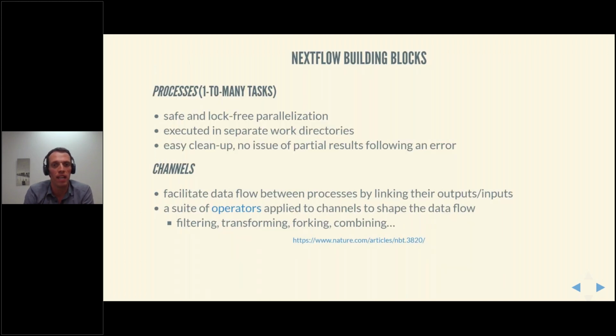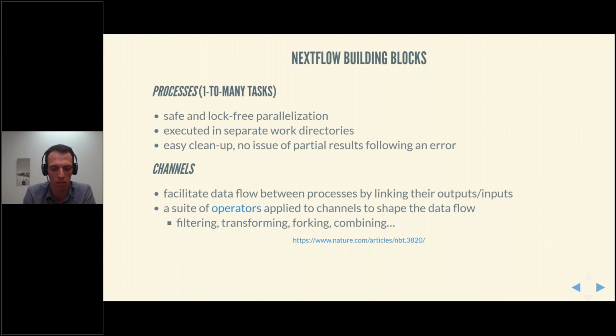Now, the main building blocks of a Nextflow script are processes. So a process is a definition of how a given task will be executed, what are the inputs and the outputs. So you define a process, and this can be run multiple times for different input chunks, which then each individual instance of that process you would call a task.